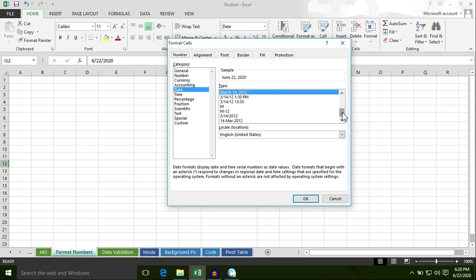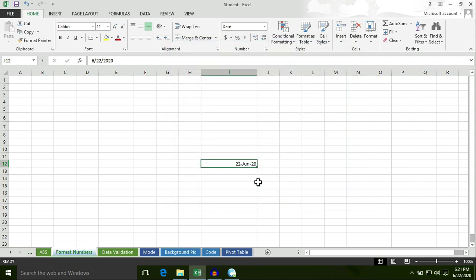Now I'm going to apply another format, 14 March 2012. Click on the OK button. So the format is applied in this style. So you can apply different formats for a date.